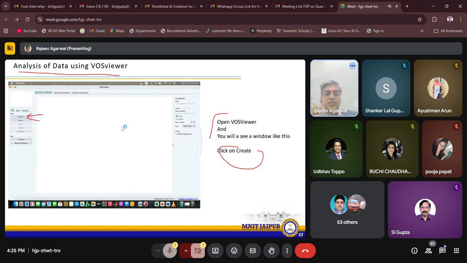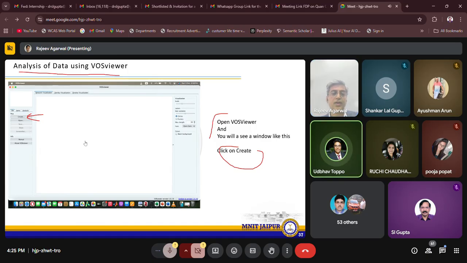It is first for data retrieval, where you export data, then data analysis for creating co-authorship and co-citation, and then visualization, like generating network overlay. So that is what I have actually given you. Now your question is,